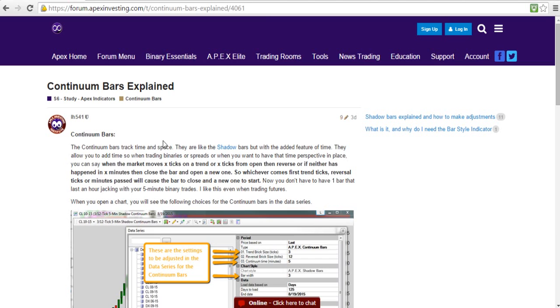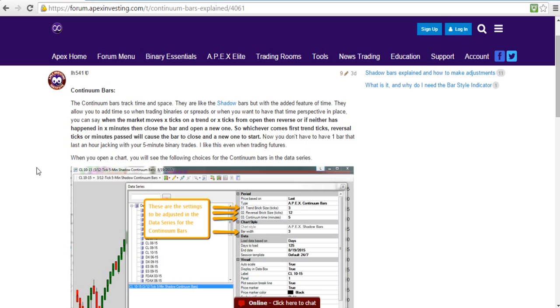Okay, so now we want to look at the Continuum Bars indicator. The Continuum Bars track time and space. They're just like the shadow bars, but with the added feature of time. They allow you to add time, so when you're trading binaries or spreads, or when you want to have that